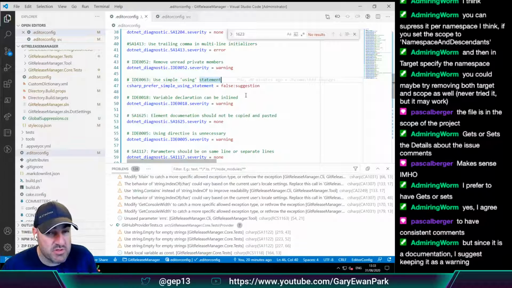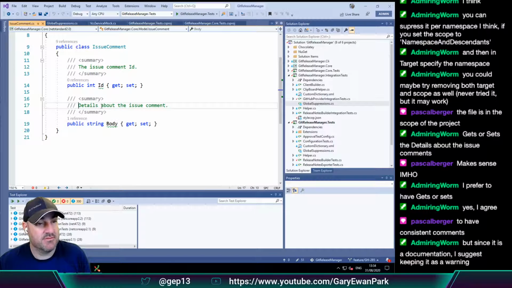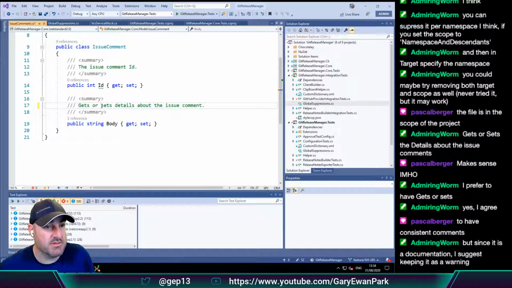Ooh, controversial. But since it is documentation, I suggest keeping it as a warning. Okay. Gets or sets details about... gets or sets the issue comment ID.